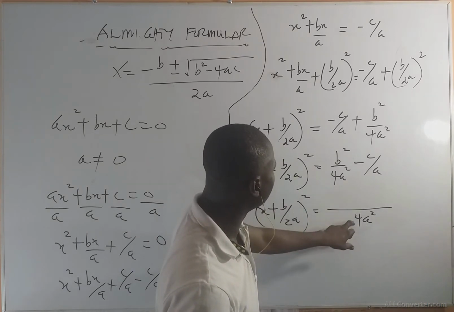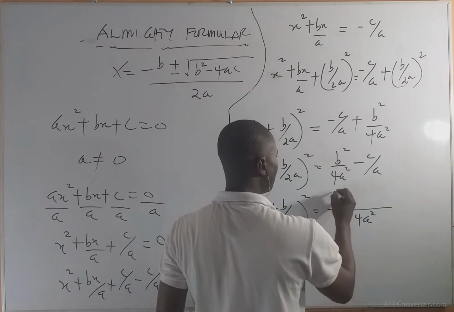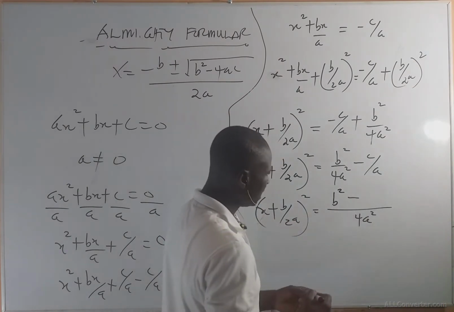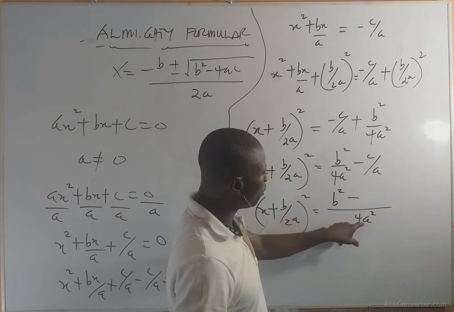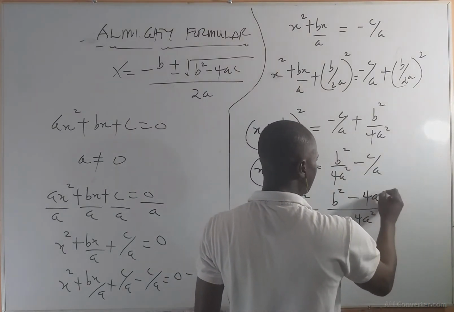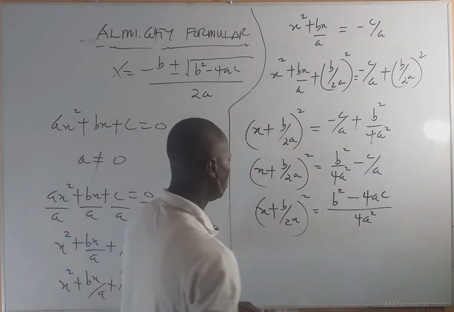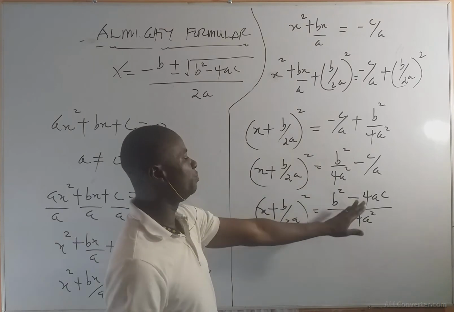So this here 1, this goes here 1. And 1 times b squared will give us b squared minus. Then a takes one of the a's here, and we are left with 4a. So 4a will multiply c, and that will give us 4ac. So we now have x plus b over 2a all squared is equal to b squared minus 4ac